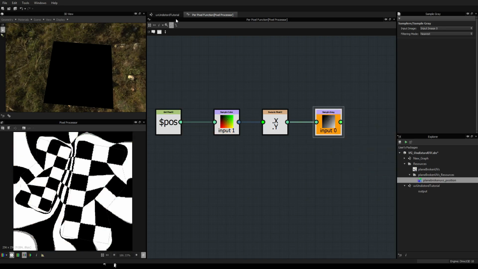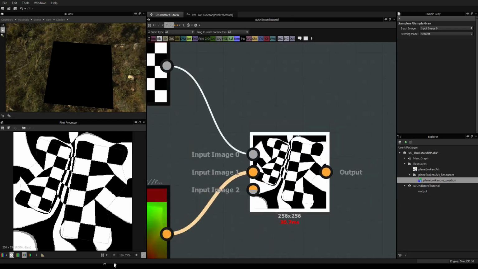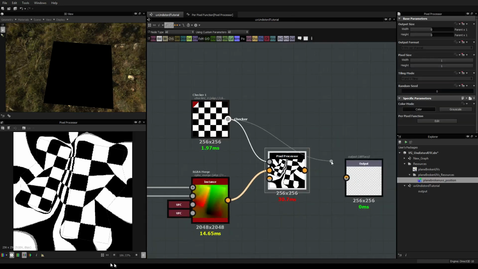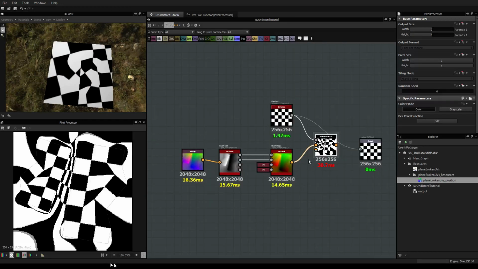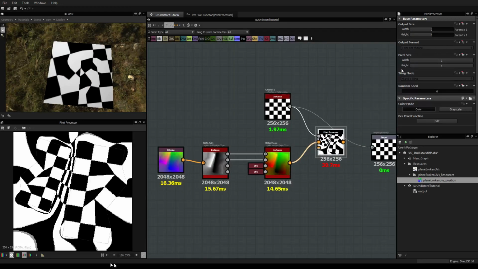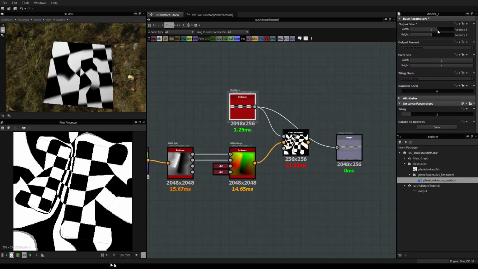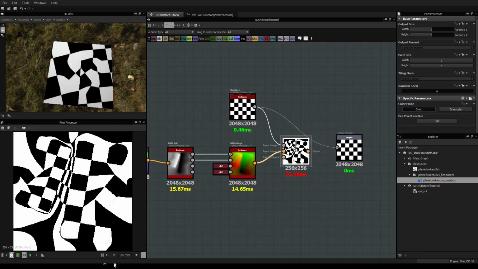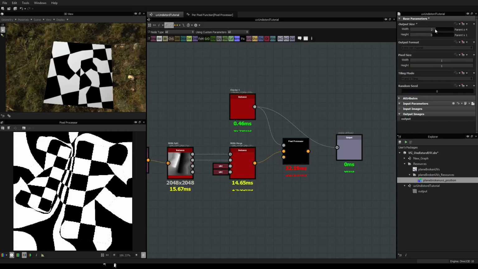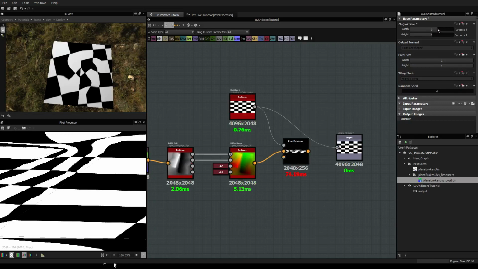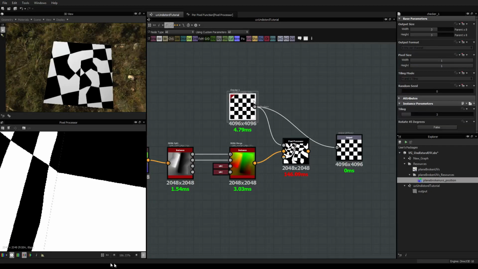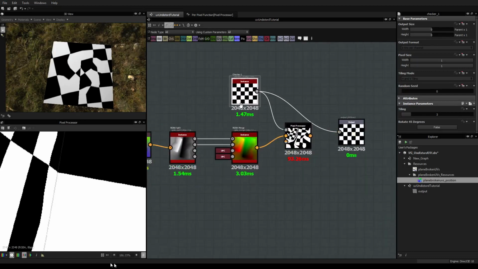So if I go back here, you see that right now, as we said before, it was like that. I'm just going to change the size of it, because here it's high resolution, but this one I'm going to augment a bit like that. Okay, I don't know why this one has such a bad resolution. Okay, because it's relative to parent, so parent of the grass. So I'm going to have to change something. Okay, let's put a good resolution. Okay, so it's 2048 everywhere.